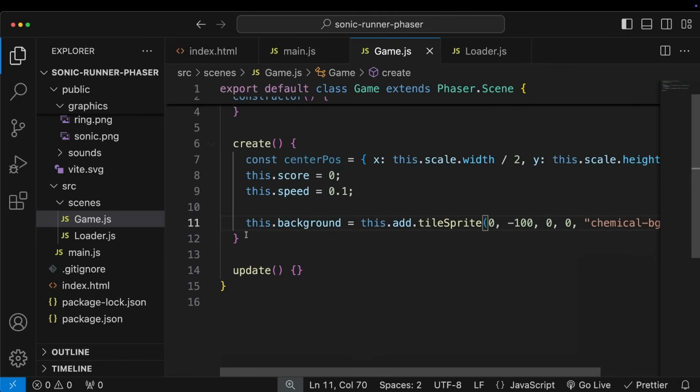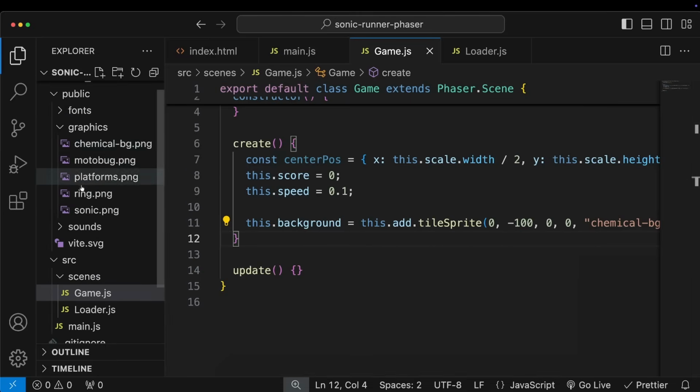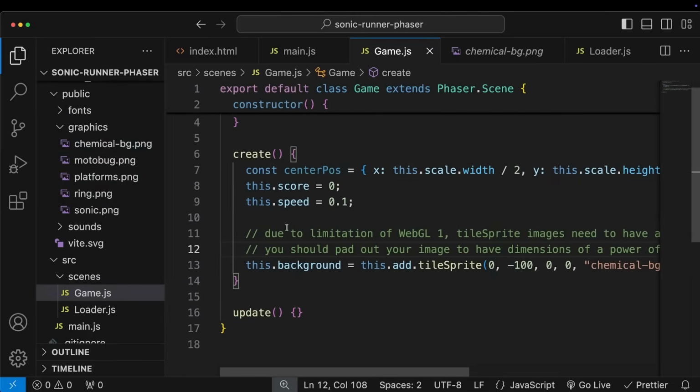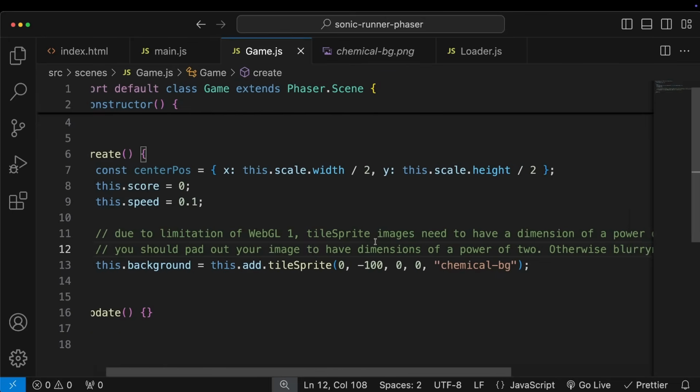So the first two params are the position, and the two params that come after are the position of the coordinates within the image. And the fourth param is the name of the sprite we want to display. Because the way we're going to achieve this scrolling feature is by scrolling within the image. And now there's a limitation when it comes to tile sprites in Phaser, is that they need to be of a dimension of